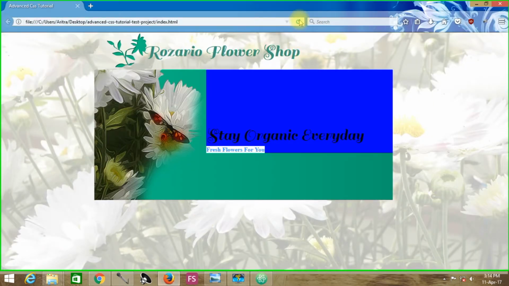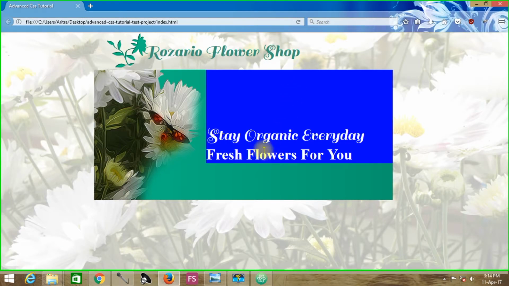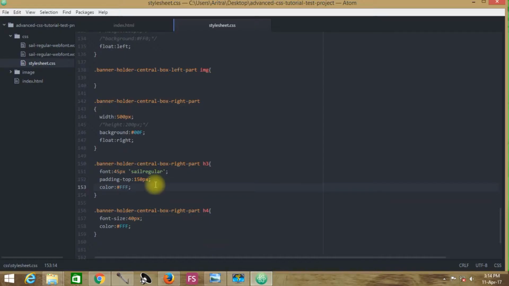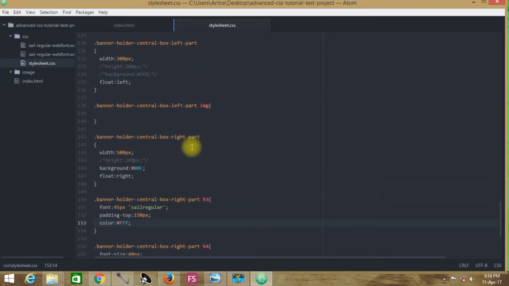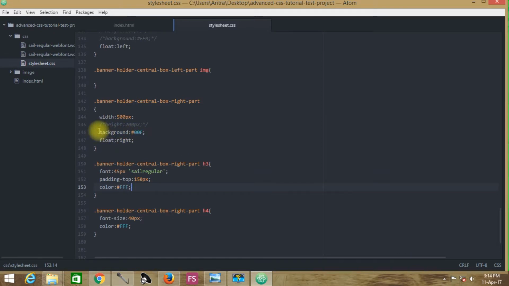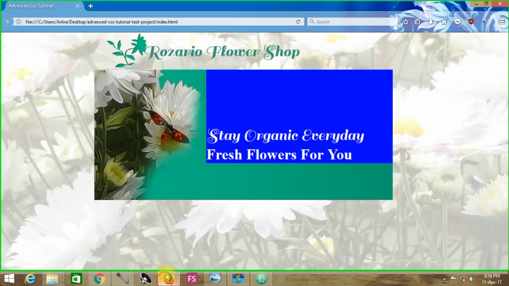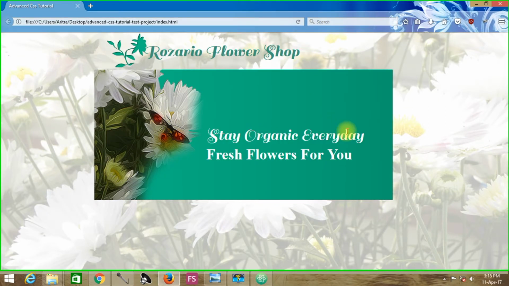Now just press Ctrl S and get back to your project, and you see that Stay Organic Everyday and Fresh Flowers for You, both of them are appearing in the right place but in a different manner. First of all, just discard this background in this part. We are just discarding this background now. We are getting rid of it unless we want to understand the appearance. Now this is the appearance so far,